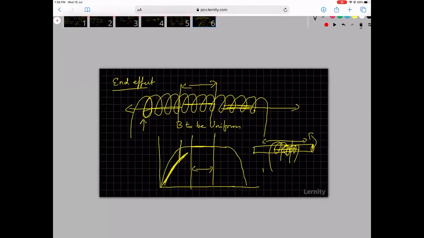So this was a more general question for you to understand this whole concept of end effect. Same thing in a capacitor. Suppose you have a capacitor, we say the electric field is this way. But at the ends, the electric field goes this way. So these are the end effects. You have to remove the end effects and then worry about that.